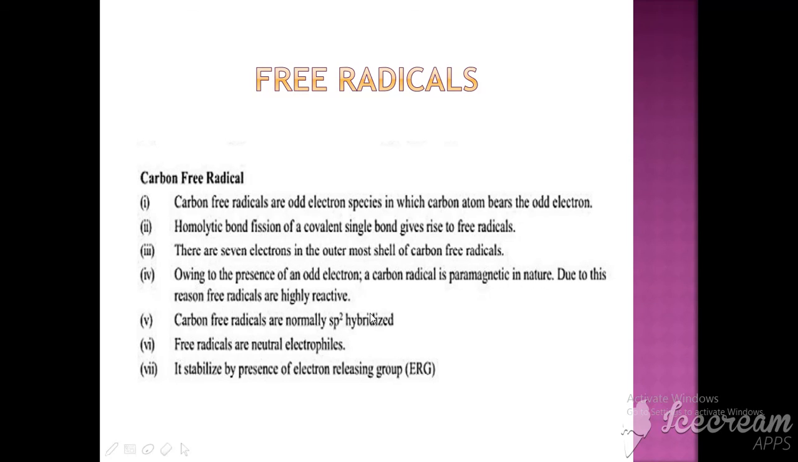Now we are going to study free radicals. It is not a very important topic, but a small topic which we need to take into consideration. Carbon free radicals are odd electron species in which